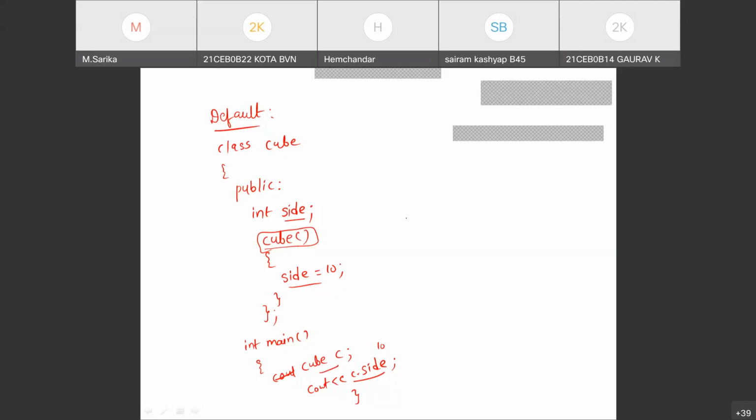Okay. Shall we write the void, ma'am? See now, I will write another method, another example. You see now. I am writing class cube. Class name is cube. Now I am writing